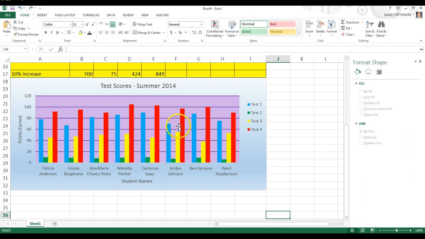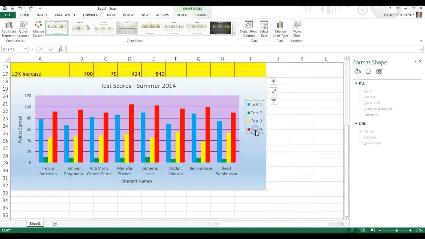So I've got a gradient. You can see it goes from light blue to darker blue. I've got my lavender, I've got my purple grid lines, and then we have our title, our axis label. Our y-axis is points earned, our x-axis labeled student names, and we've got our legend. Now I can actually